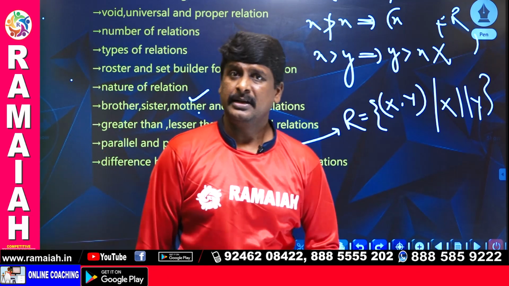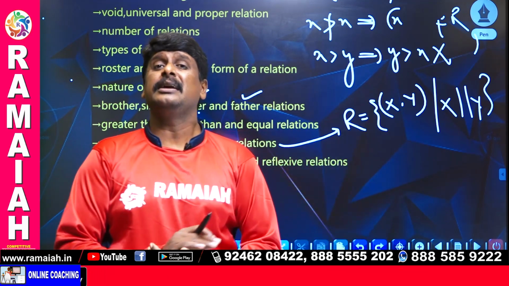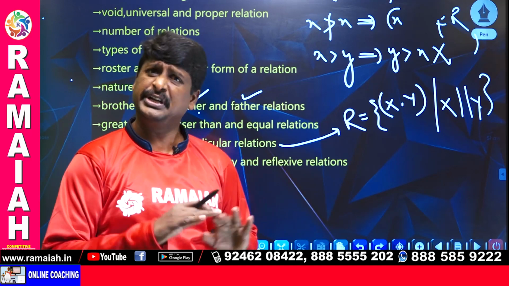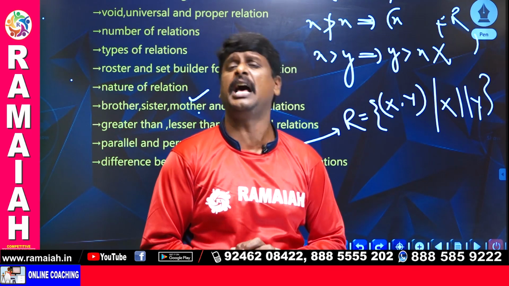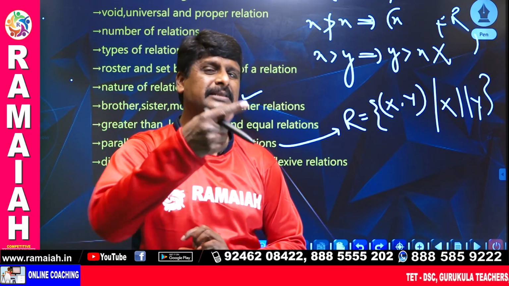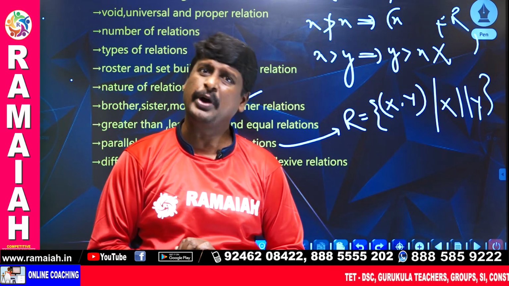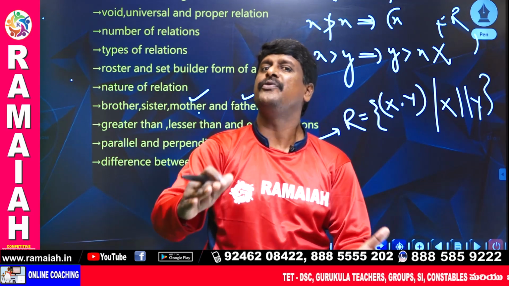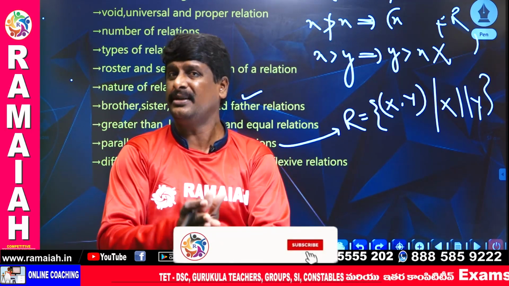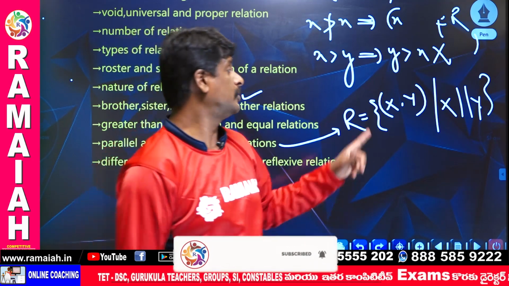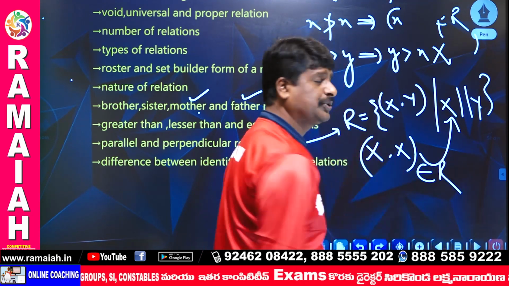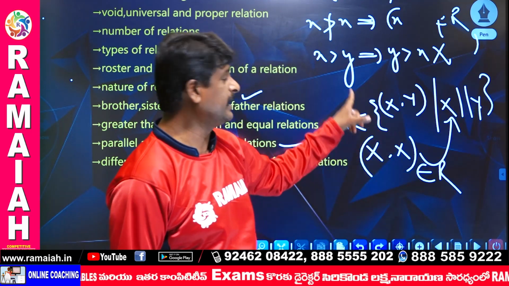If we consider any two straight lines, let us check reflexivity first. A line is always parallel to itself. It is true. Every line is parallel to itself. Why? Because a line will coincide with itself. Coincident lines are always parallel. Parallel lines may or may not be coincident. If two lines are parallel, we can't say whether they are coincident or not. But whenever two lines are coincident, definitely they are parallel to each other. So that's why (x, x) will satisfy this condition and belongs to R. Whenever this condition is satisfied, such an ordered pair belongs to R.